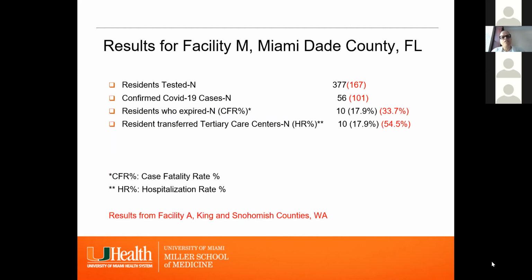So this is a preliminary tabulation of the data from Facility M in Miami-Dade County, as I'm going to call it, our facility. And please allow me to say that the data is still being analyzed and sorted. But this is what we have. In red are results from Facility A in King County and Snohomish County in Washington State,